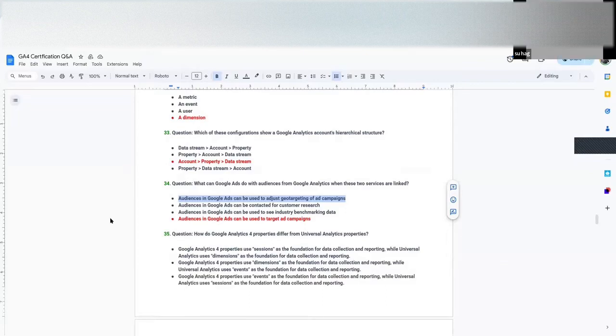Yes, but you have to do this in your Google Ads account. We can't adjust this on GA4. We can just import the audience to Google Ads, nothing else, and analyze the data of Google Ads here on GA4. Got it. So basically, in this last option, it's saying that you can literally,